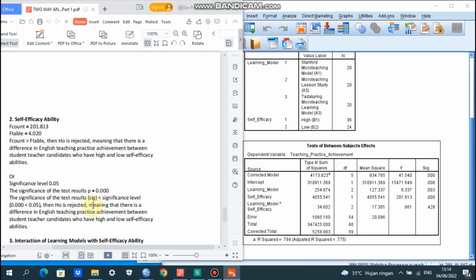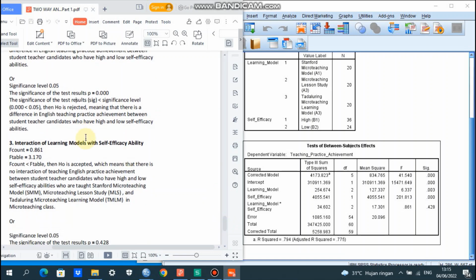The significance of the test result 0.000 is less than the significance level 0.05, so H0 is rejected. What does it mean? It means that there is a difference in English teaching practice achievement between student-teacher candidates who have high and low self-efficacy ability. Then we go to the interaction of learning models with self-efficacy.